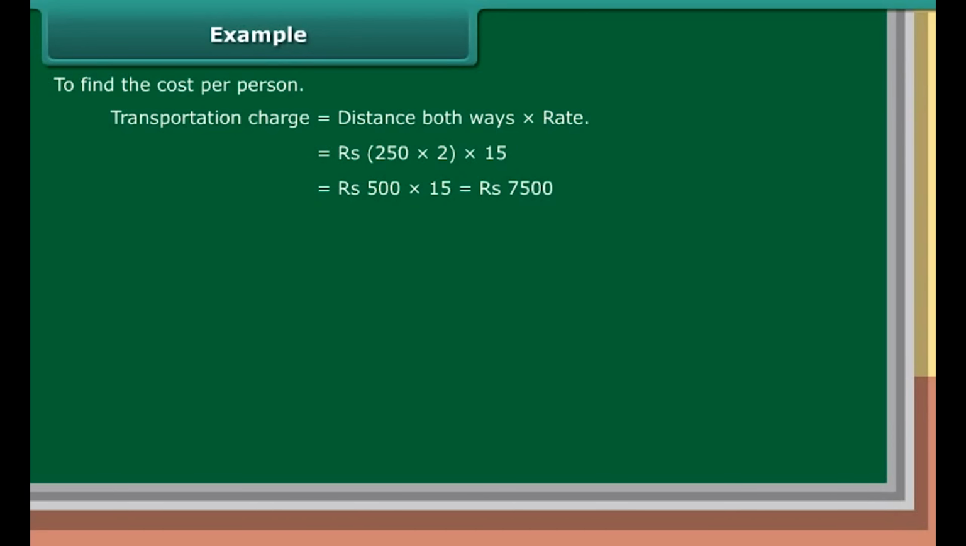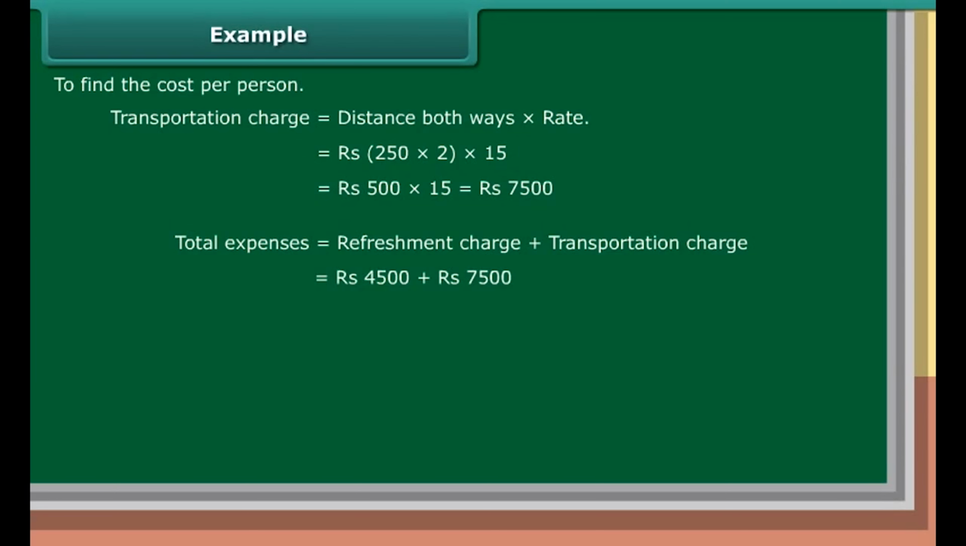To find the cost per person, transportation charge is equal to distance both ways into rate, which is equal to ₹250 into 2 into 15, which equals ₹500 into 15, which is equal to ₹7,500. Total expenses is equal to refreshment charge plus transportation charge, which is equal to ₹4,500 plus ₹7,500, which is